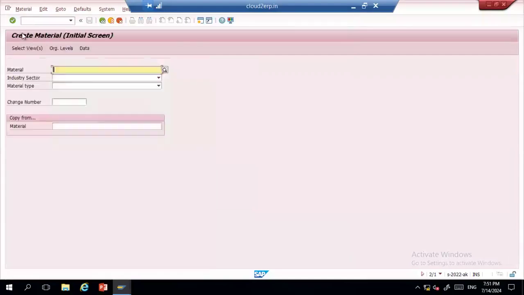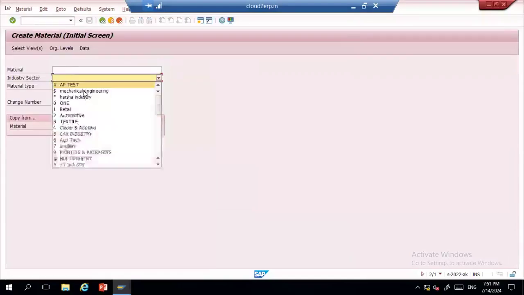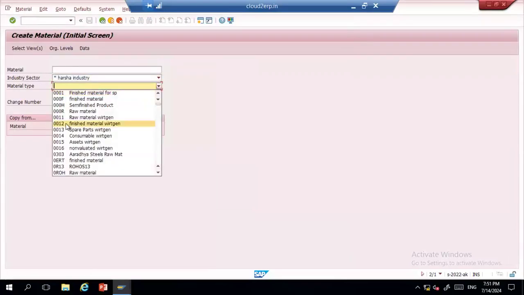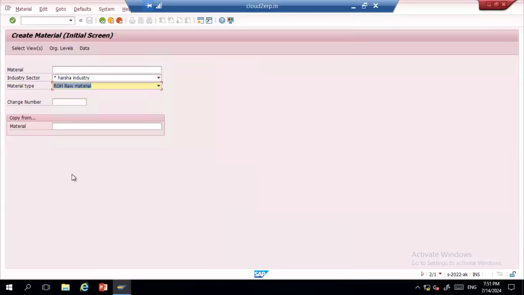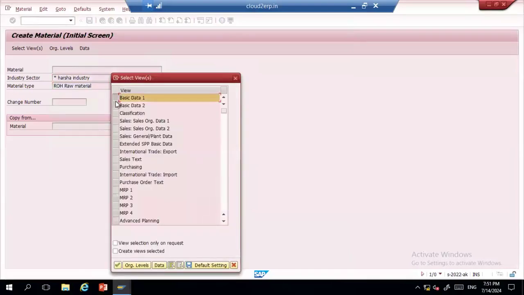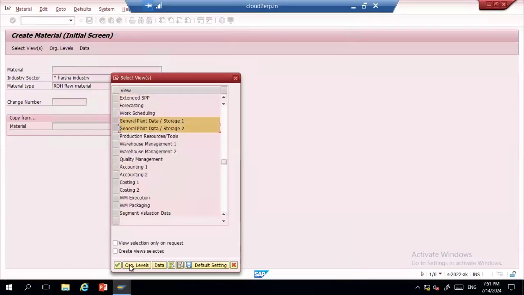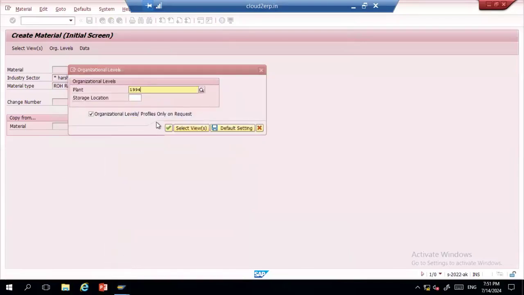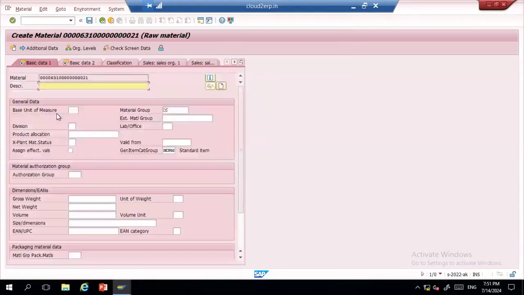So I'll create a material. I'm creating it for basic data, purchasing, and general plant, but I'm not selecting accounting. This is the mistake you have made. So I create this material.